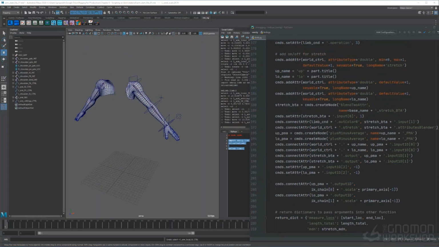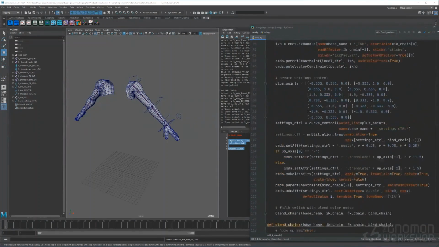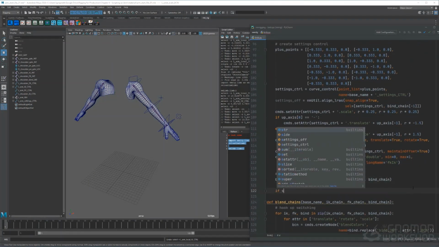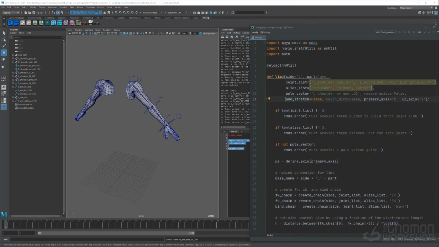Now I'll just go back up to the top of this function and copy it. We've given our arguments the same name as our variable in the lim function. Because of that, I can just copy and paste this at the end of our lim function. Remember to put it in a variable. I've also added a condition, so if we wanted, we could build without stretch. For now, we want it on, so let's go up to the top and make sure add stretch is set